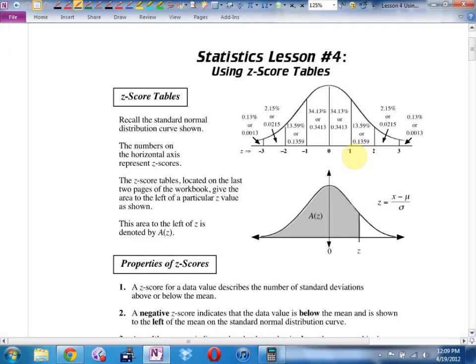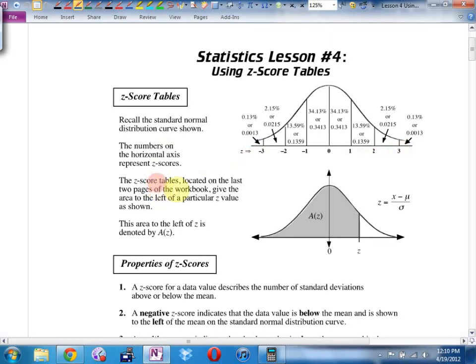Okay. So we're going to focus on this one. And if we have data with a different mean, a different standard deviation, we'll just make them into Z-scores by going Z equals X minus mu all over standard deviation. That's going to be the calculator work that we're going to be doing more often than not. The numbers on the horizontal axis represented Z-scores and